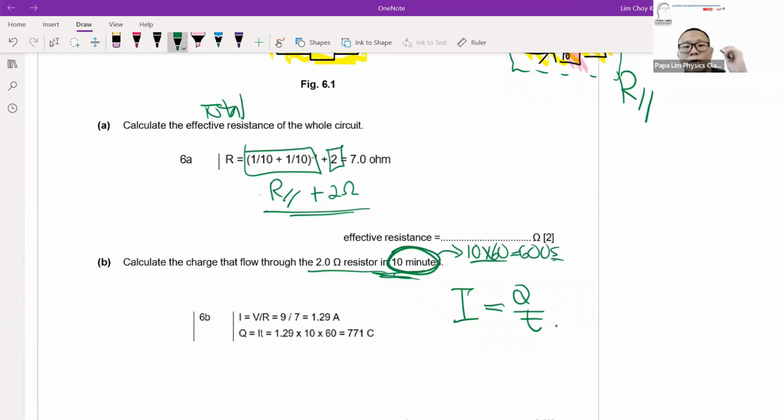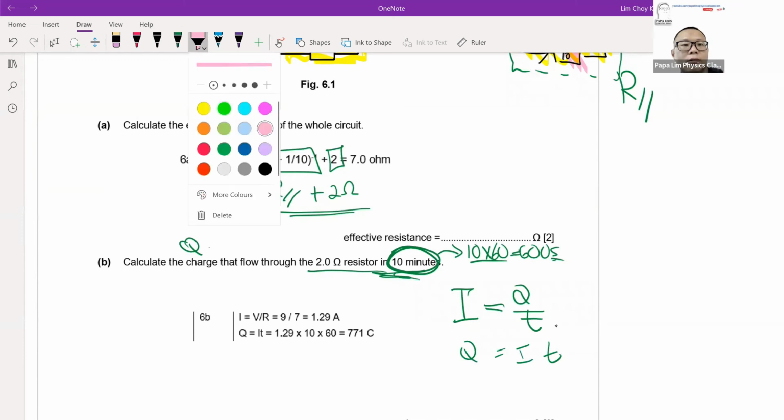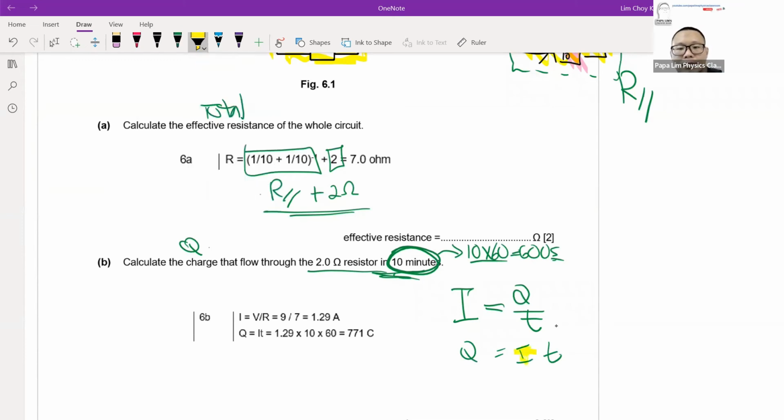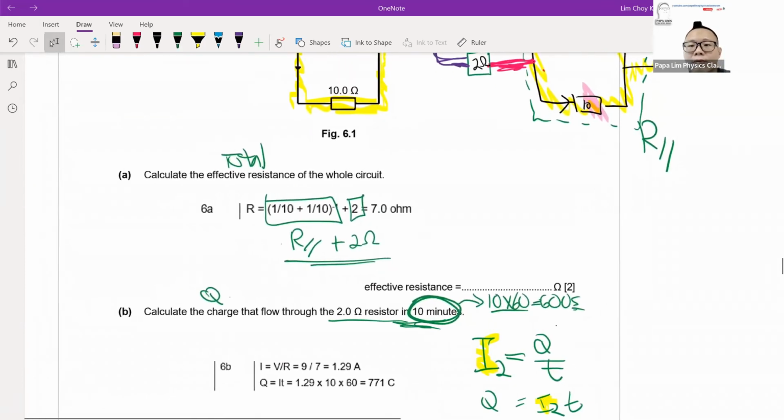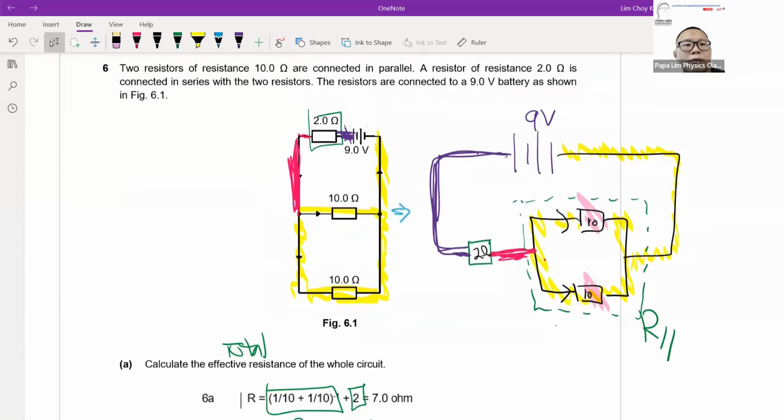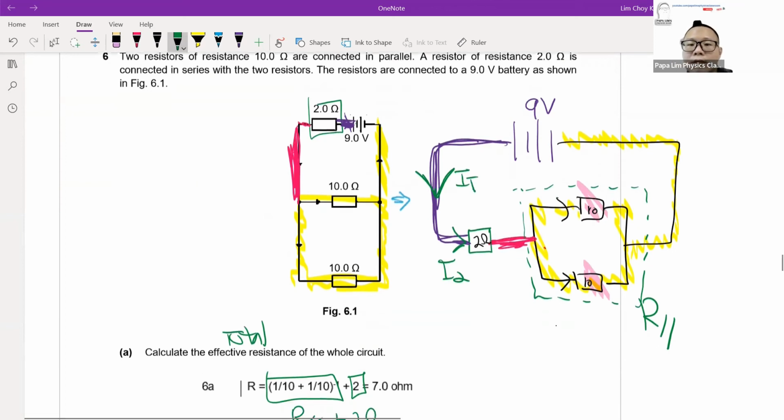Okay, so now before I use the formula, the question asks for Q. So it will be Q equals IT. I have the time, so what I lack is actually the current. So I need to find the current in the 2 ohm resistor. The easiest one I will look at is the 2 ohm resistor. The current in the 2 ohm resistor is here. This is the current in the 2 ohm resistor, which is also the current in the total circuit, flowing